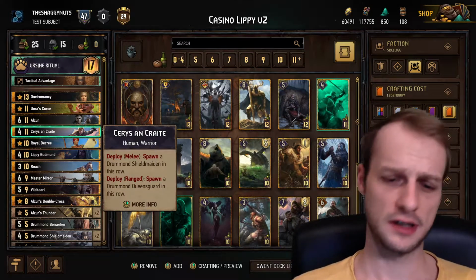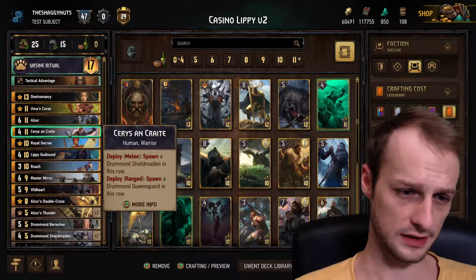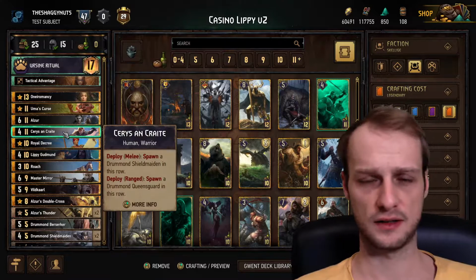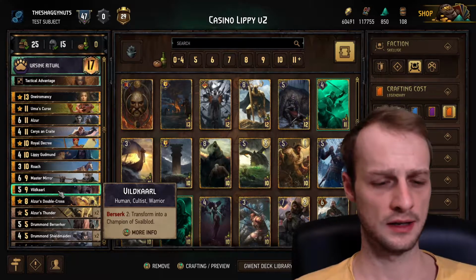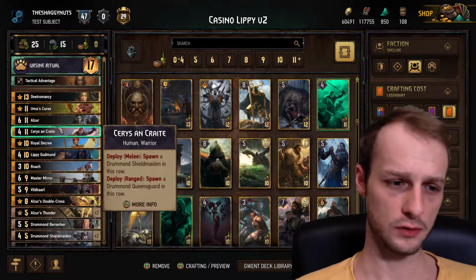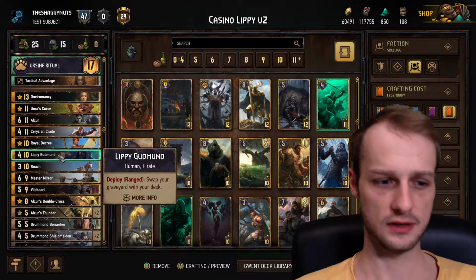Now the rest of the gold cards in this deck are quite self-explanatory. They are less interesting than the ones that I've just talked you through, but we have Earth Elemental and Ritual Leader, Ceres Crate and Wild Call, a very common combination of cards. Earth and Ritual of course being used to instantly trigger Ceres Crate and Wild Call,